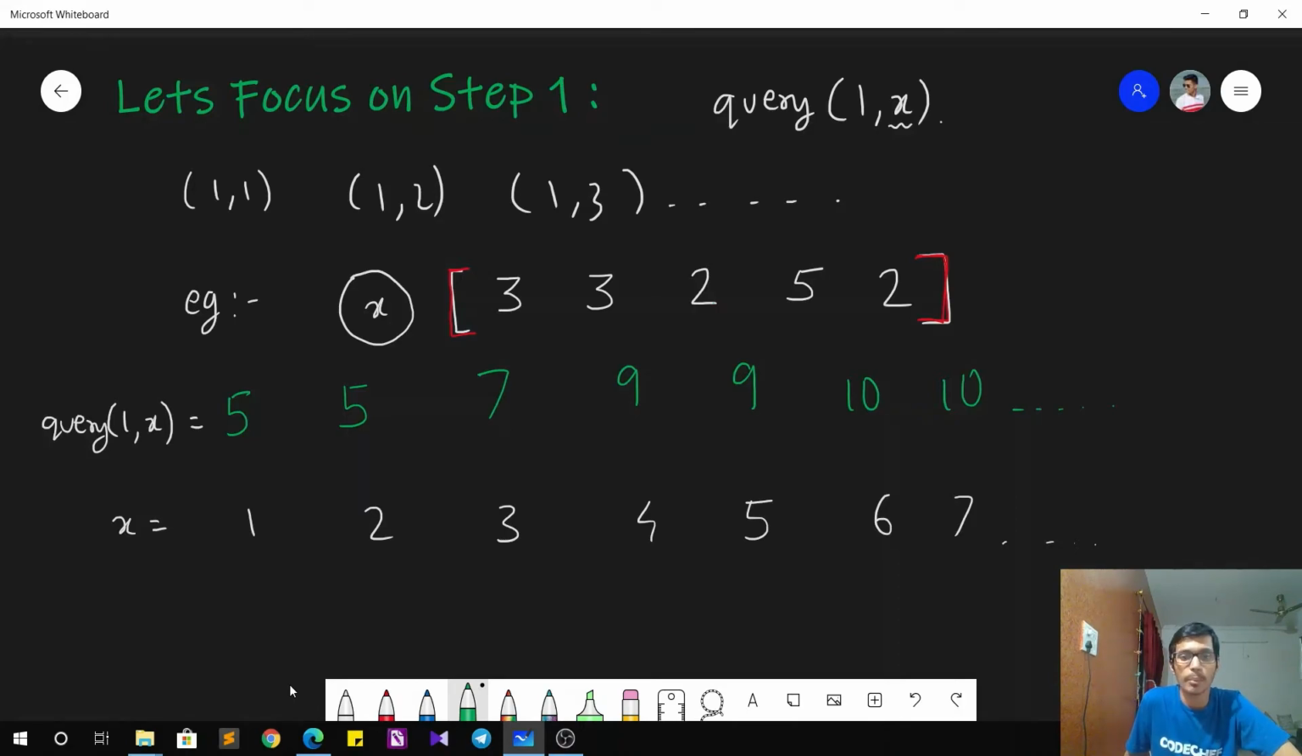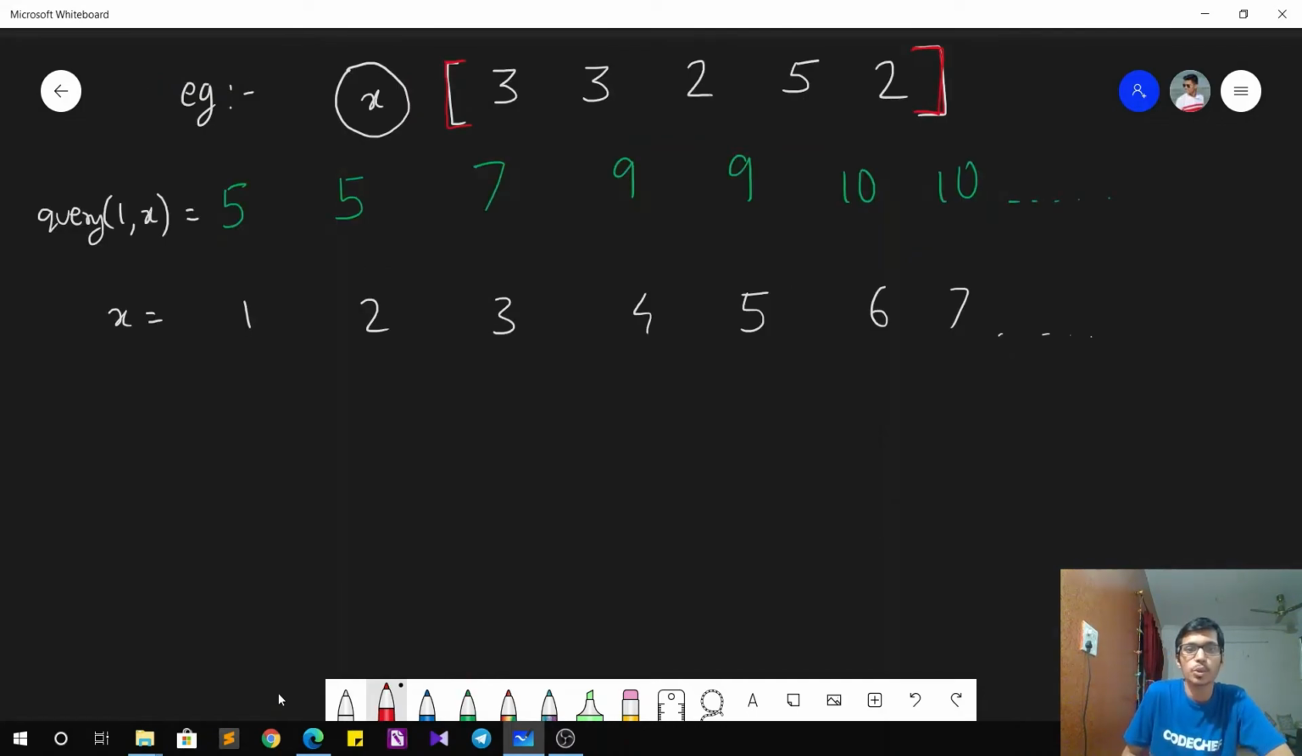That is, the number of inversions are also increasing. And that is the observation you need to make. This observation is going to help us focus on our step number 1, finding the unknown elements in sorted order. So in this example, you can observe that whenever the value of query 1 comma x is changing,